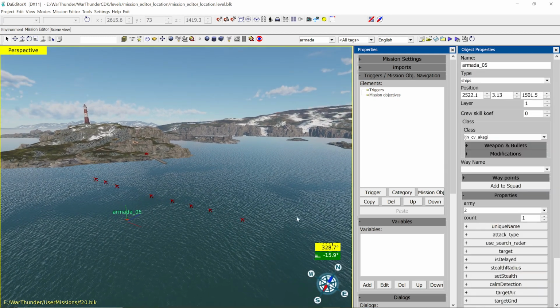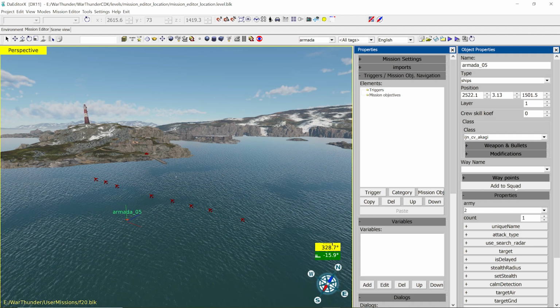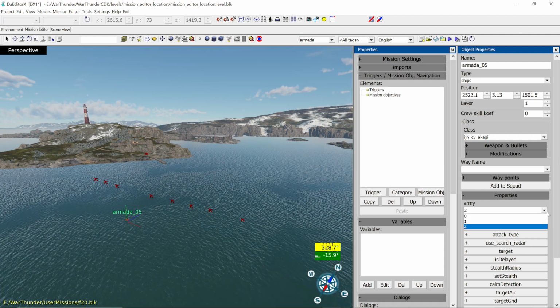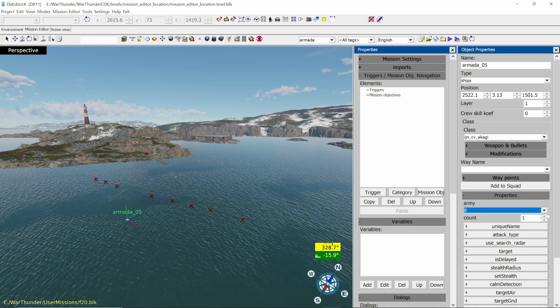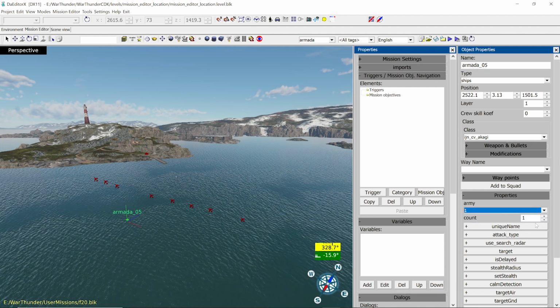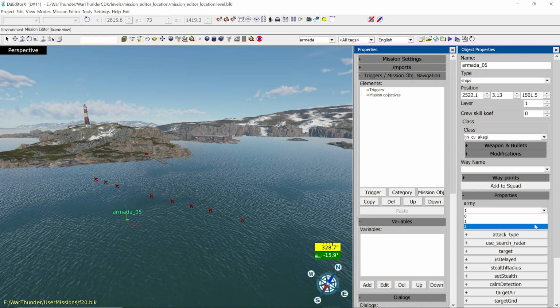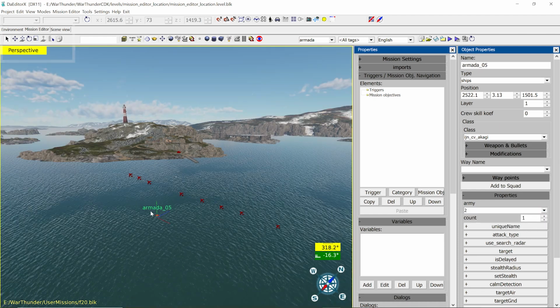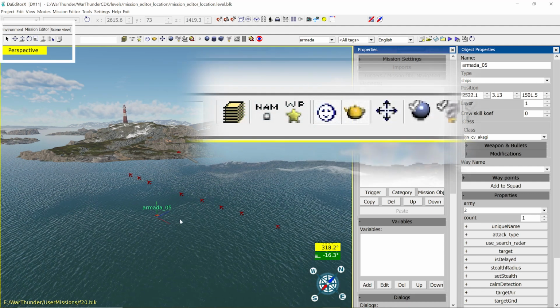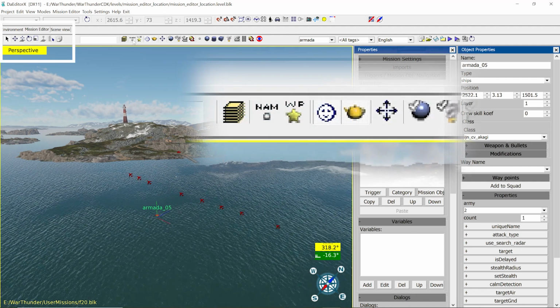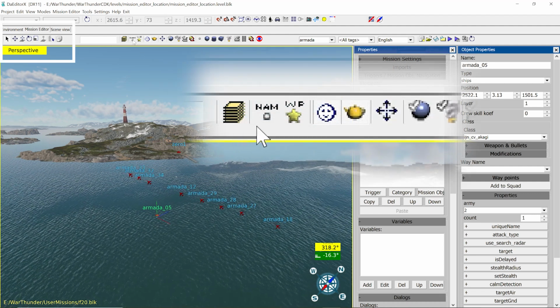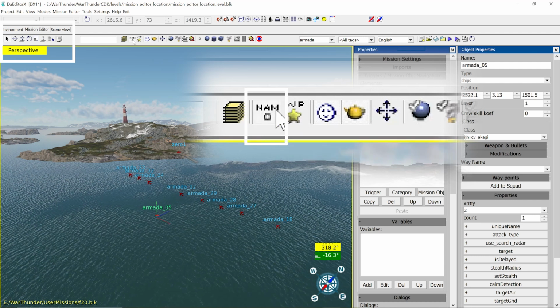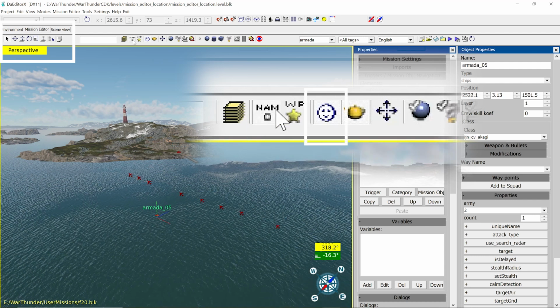We have the options of 0, 1, or 2 armies. With these buttons, we can also add or remove the names of each vehicle and the ship, plane, or tank